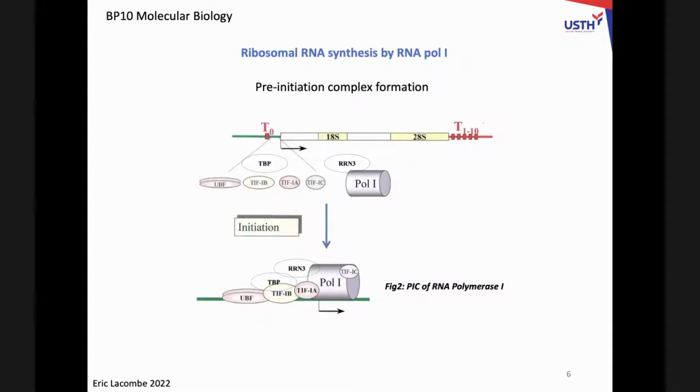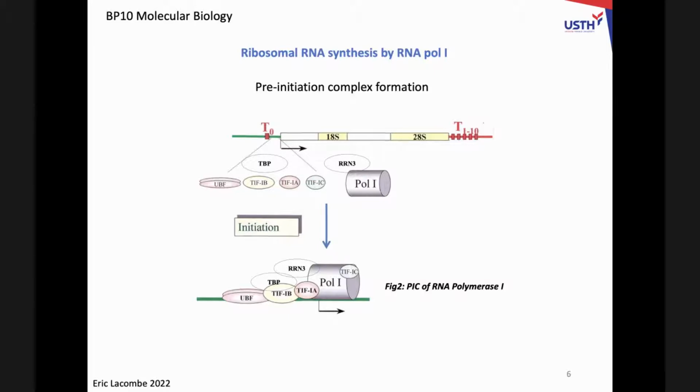Concerning, okay, I forgot to tell you something. For the three polymerases, at least for Pol 1 and Pol 3, we're going to see how the transcription starts and how the transcription stops. We're going to see the same for Pol 2, but we're also going to study the extension of transcription for Pol 2. So for Pol 1, initiation of transcription,